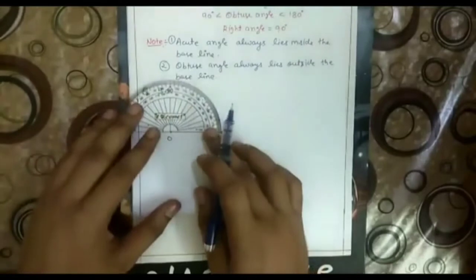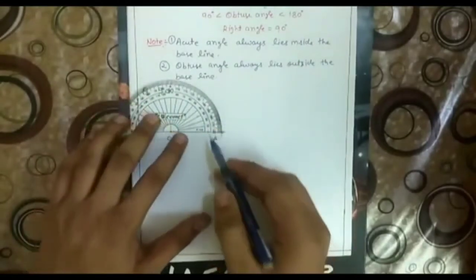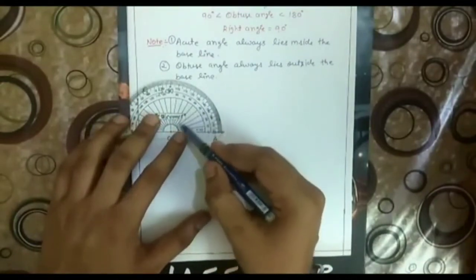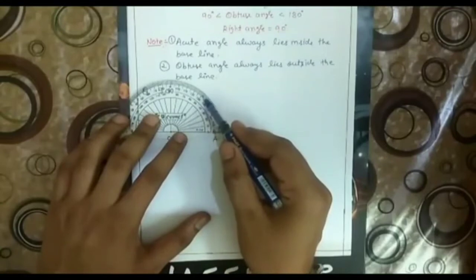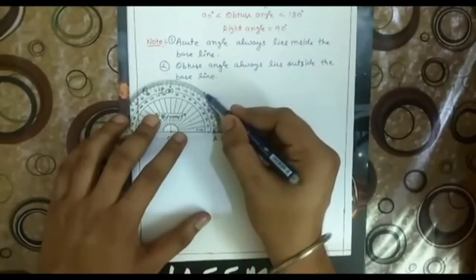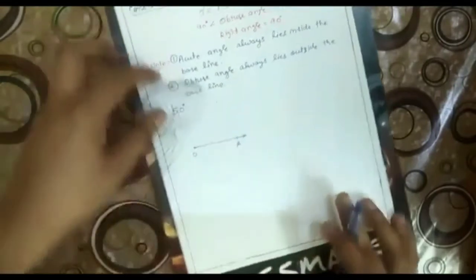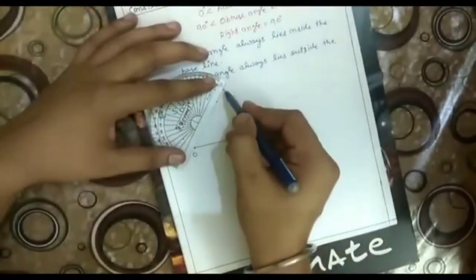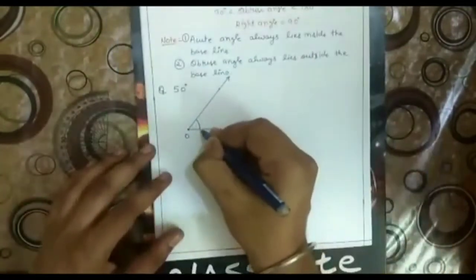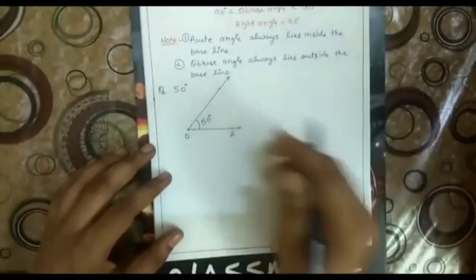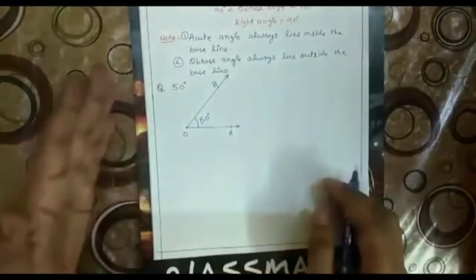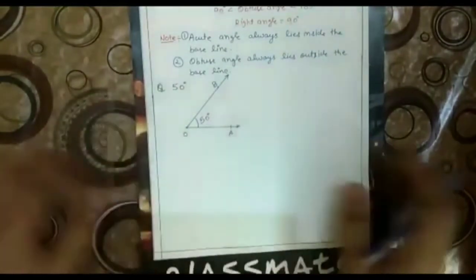So if you place your protractor like this, now look at this side only. Now look for 50 degree angle. So this is 50 degree, this is 130 degree, but now you have to draw 50 degree. So you will observe 50 degree and mark a point here, and then join this point like this. You will get an angle of 50 degree. This is the angle of 50 degree. As you can see, this is an acute angle, and this ray OB lies inside the baseline, not outside.